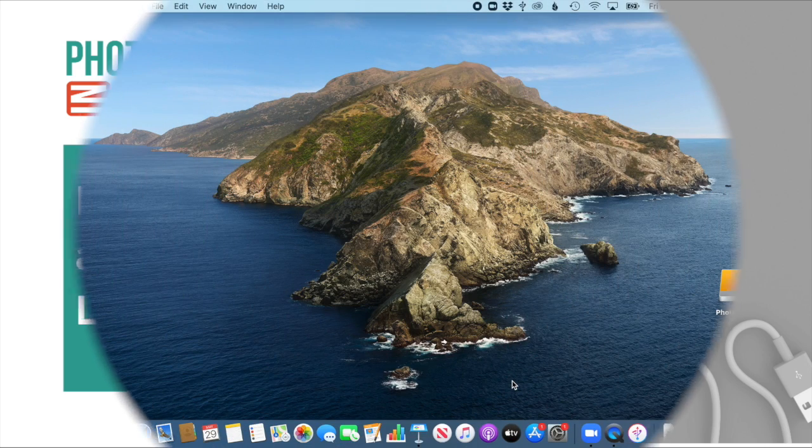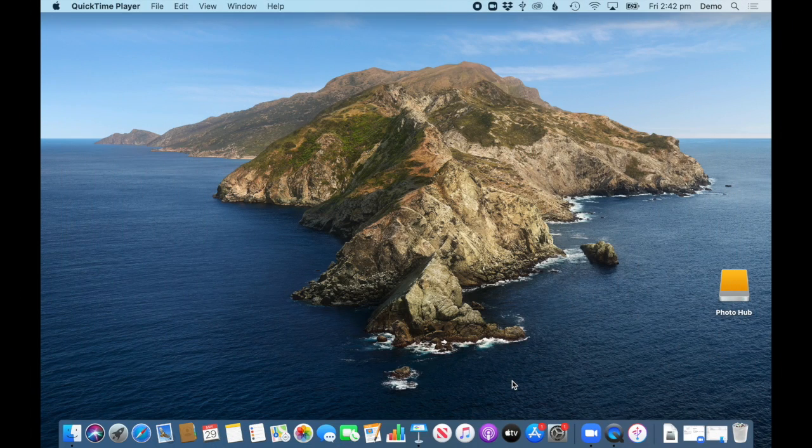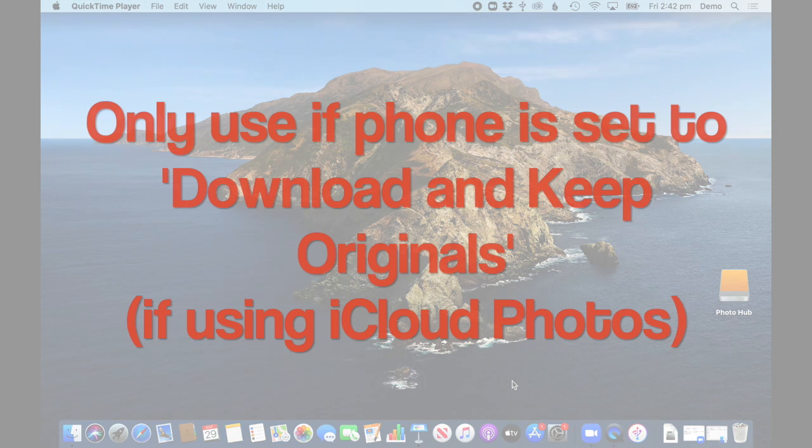In this tutorial, I'm going to show you how you can import your photos from your iPhone directly into your photos library if you are not using the cloud. So what you do is you open up your photos library